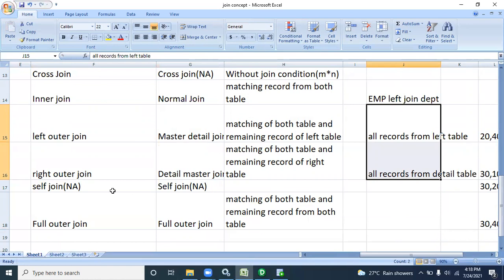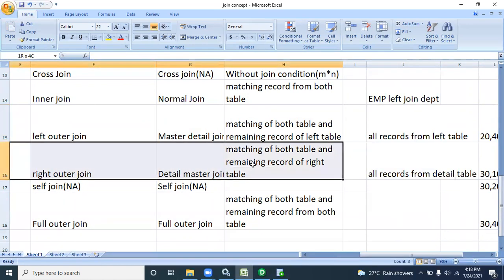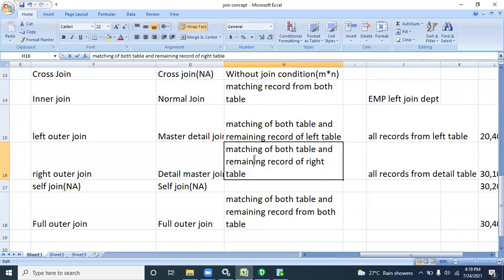When you are saying the right outer join, here Informatica calls it detail master join. In right outer join, what is the output you need? What are the rules you are following? Matching records of both tables and remaining records from the right table.